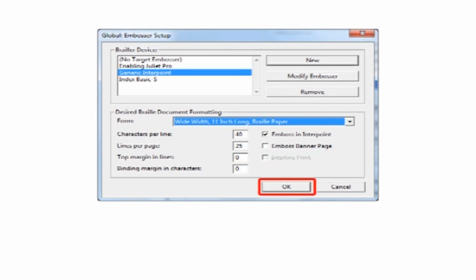If you are satisfied with your changes, press the OK button. If you wish to abort this process and return to DBT, press the Cancel button. Please note that pressing OK in this main dialog not only confirms any changes made to this dialog, but also any changes made to the general device settings and advanced dialogs. Take special care to ensure that you have highlighted the Brailler device which you wish to be your default for any new documents created.